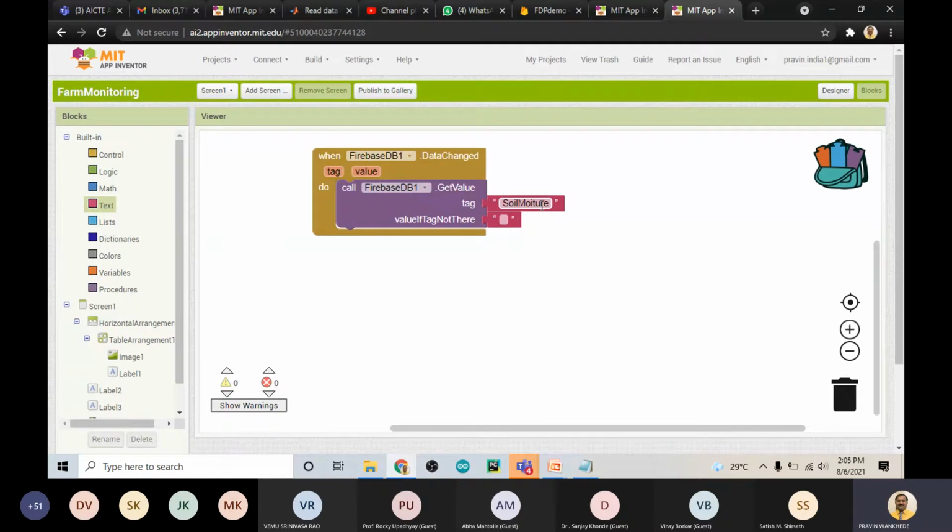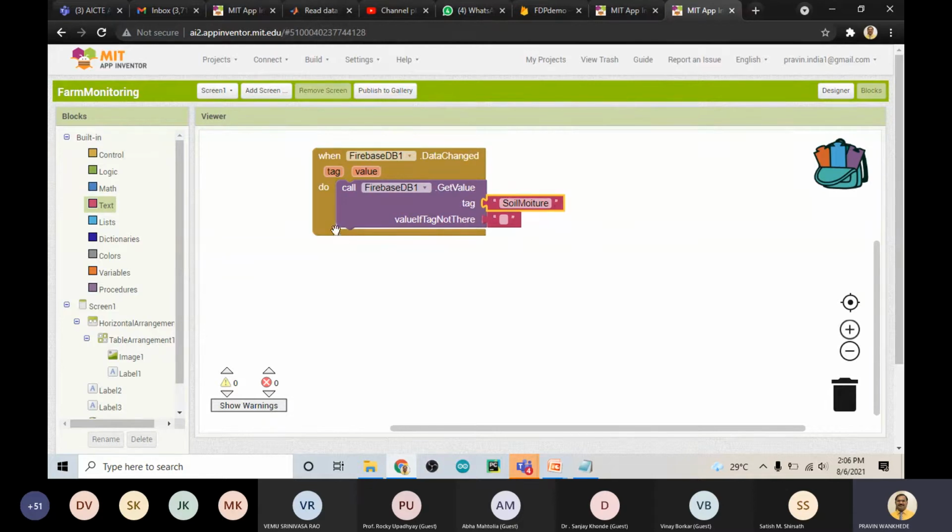So what the Firebase is now going to do is check whether there is a soil moisture key available in the database or not. If it is available there, it will take the data. If it is not available, then it will create the key itself. In the database we have not already created the key, but we are asking the Firebase database to get the data from the soil moisture key, but this key is not already available there. So it will create that key, and automatically that key will be created there.